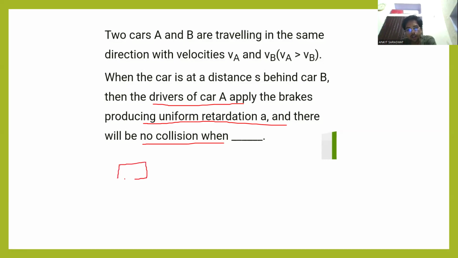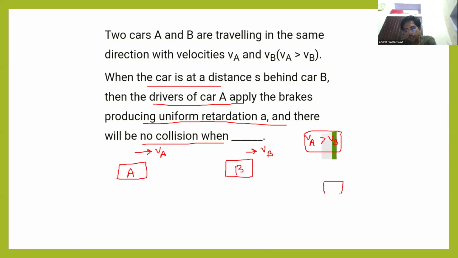You can consider this is car A and this is car B. They are traveling with velocity VA and VB, let us suppose like this. Since VA is more than VB, it is confirmed they will collide. When the car is at a distance S, what are they saying? When this car and this car are at a distance S,